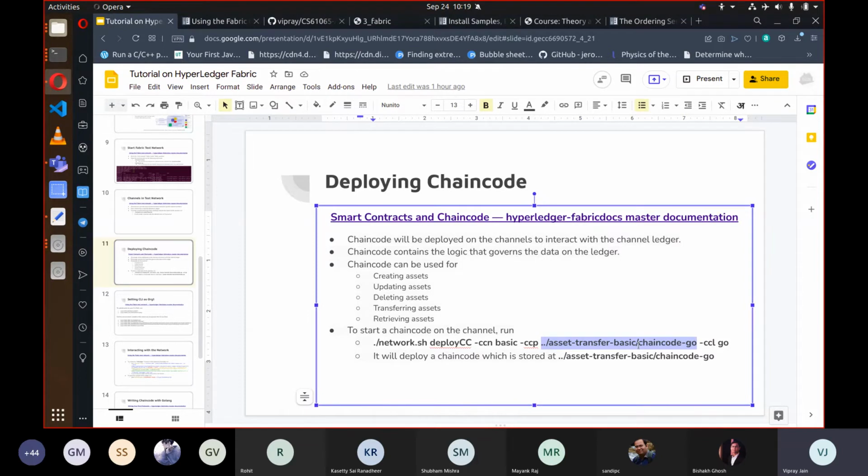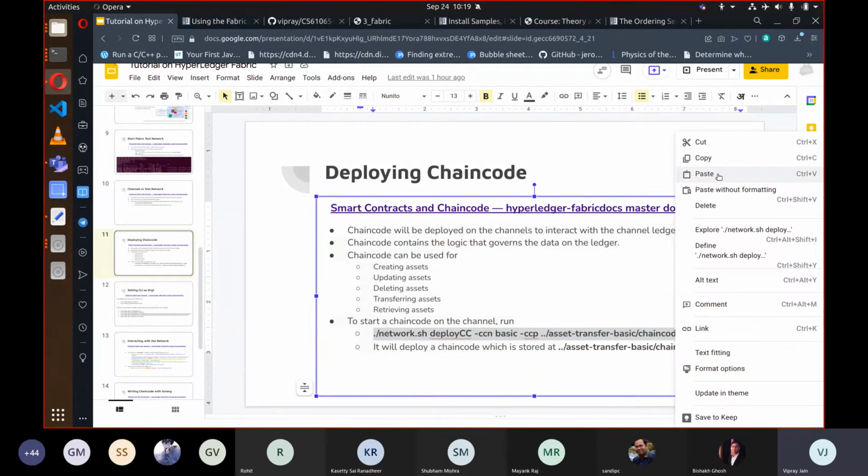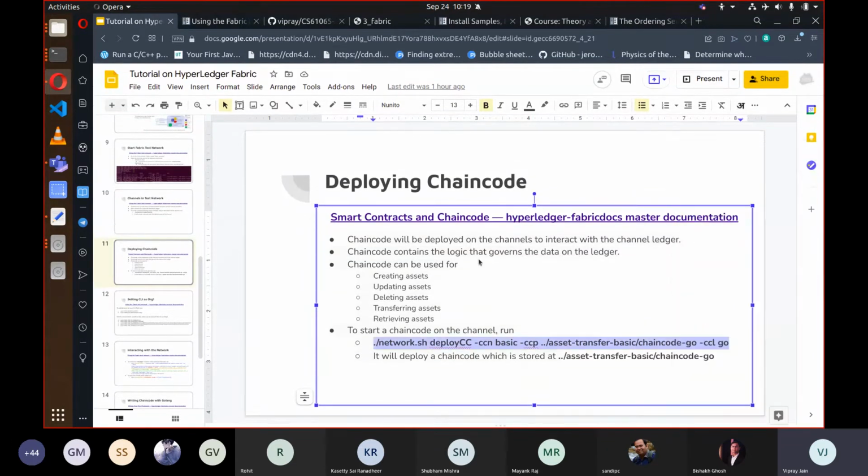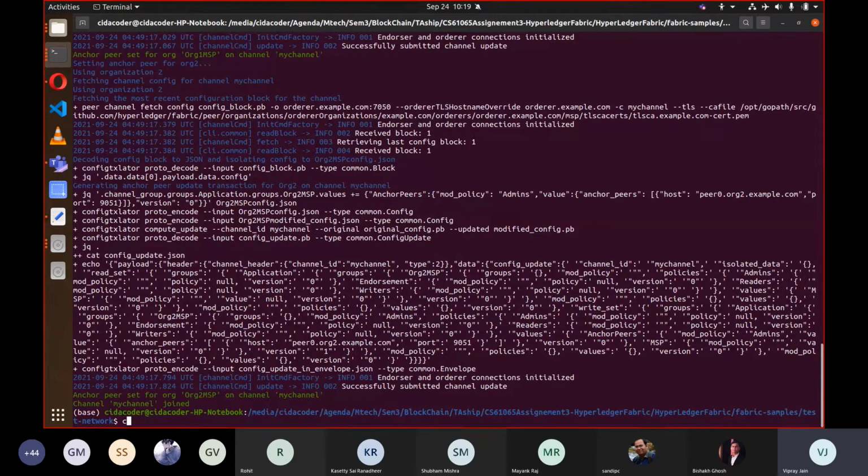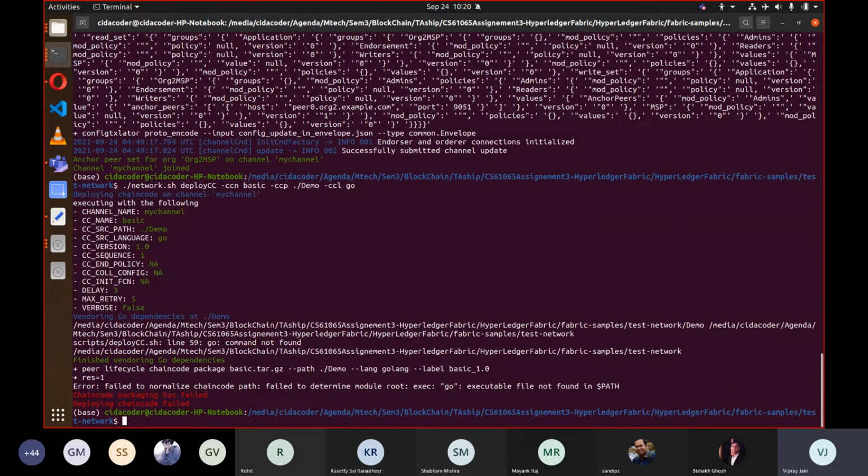Now we will be replacing this path with our own chain code folder. Our folder is inside this test network with the name demo. So we just need to give the folder name here.